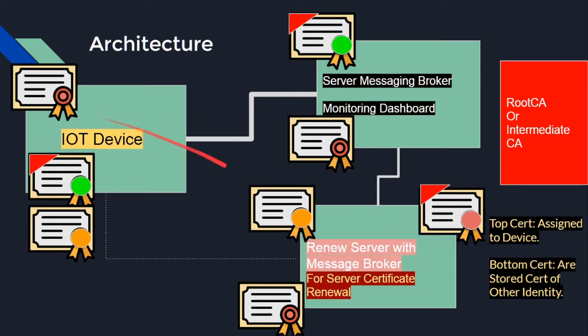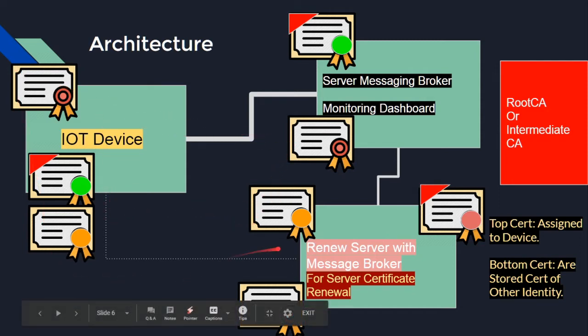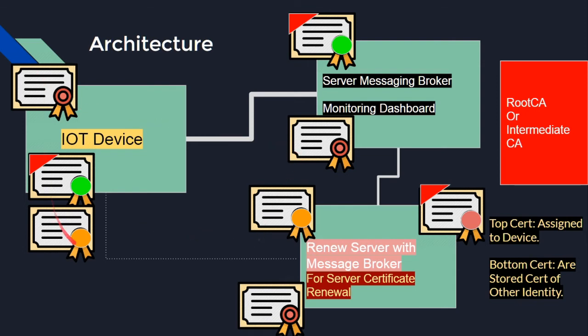So how can we make sure that the IoT device that stores this server certificate is actually being updated? I have used the self-sign certificate in the architecture, as you can see. Through these self-sign certificates and through a security mechanism, we can make sure that the certificate of this server is up to date on the IoT device. And if it is not up to date after some period of time, we will blacklist that IoT device.